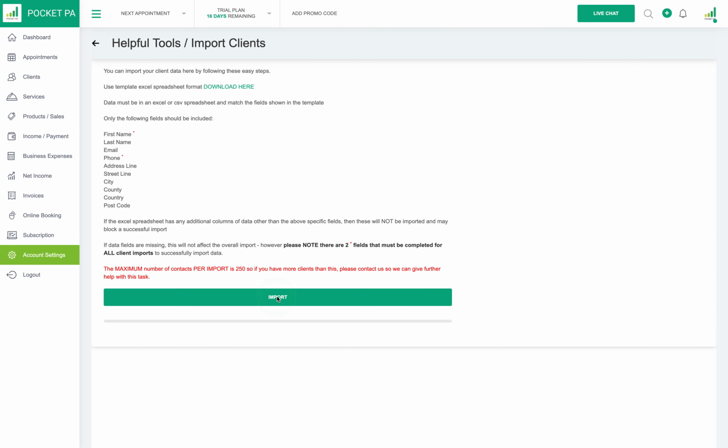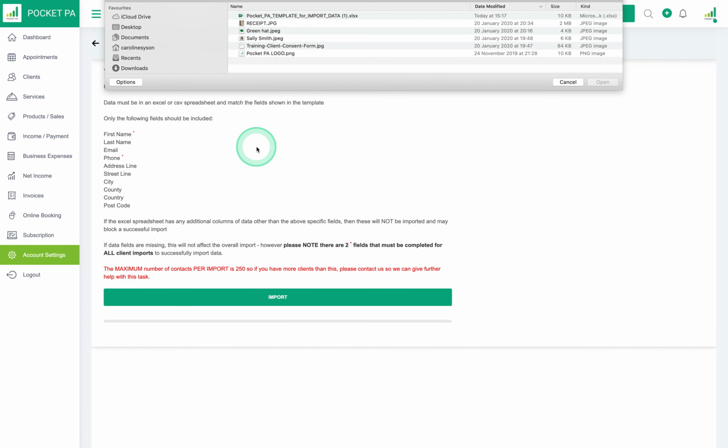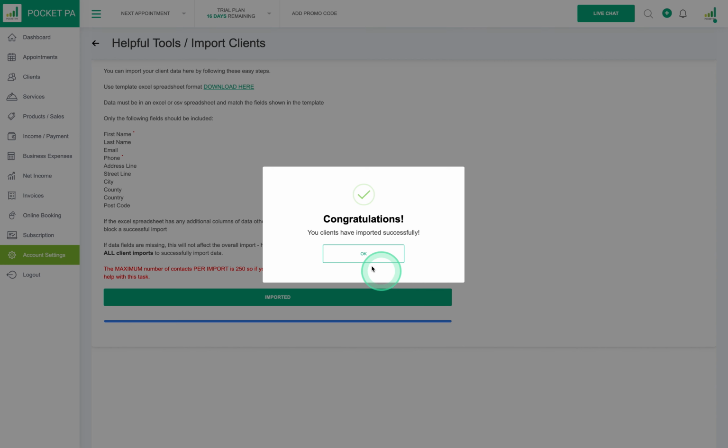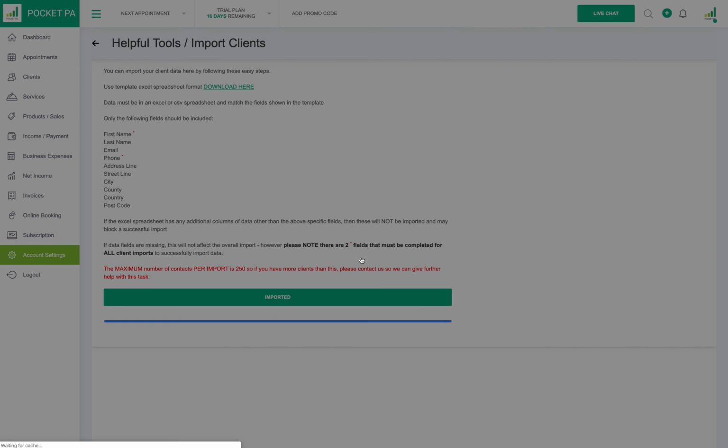So as long as the first spreadsheet that you're going to input is 250 or less, you basically click on the import button and you're going to find it from your area on your computer, wherever it's stored, and you're going to find the actual Excel or the CSV file, and you do it just by pressing the open button, and it will import it very quickly, and it will tell you this message, you've imported it successfully, and